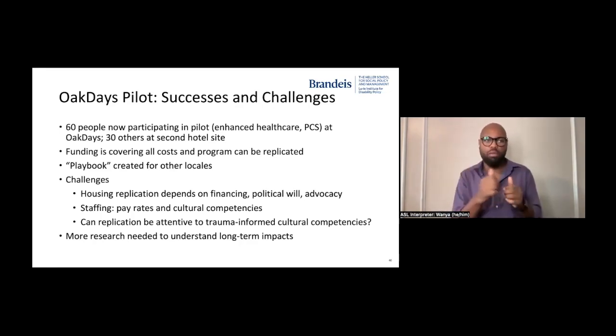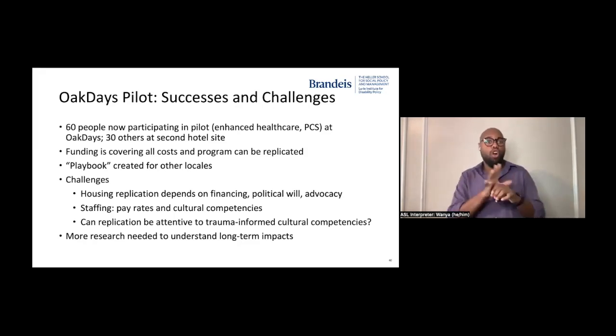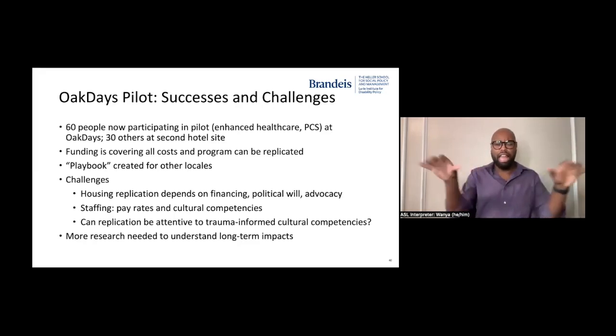There's some real challenges, I think, specifically for the replication. Because this is a 2-pronged model, the availability of housing still remains a question mark. COVID unleashed a lot of funding very quickly, which made purchase of the vacant hotels relatively easy. But creating or identifying housing at scale that's needed really to solve both the problem of people who are unsheltered